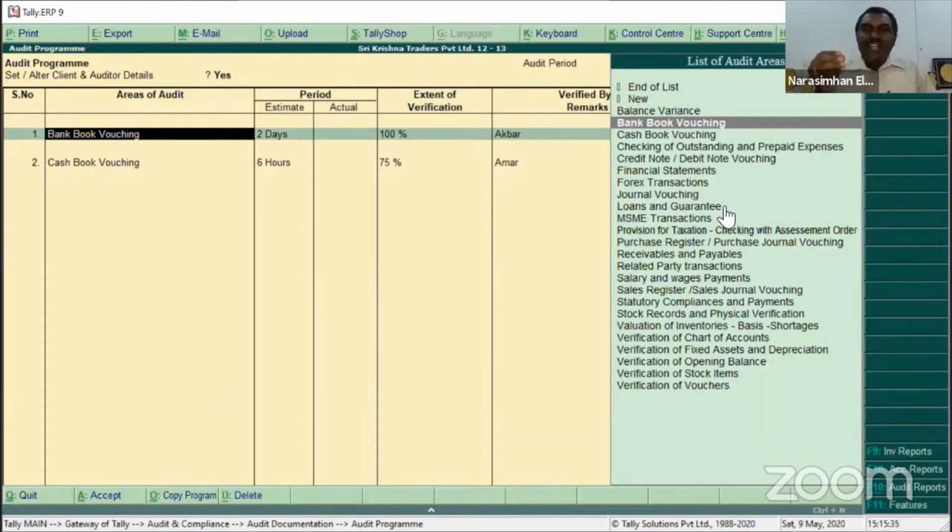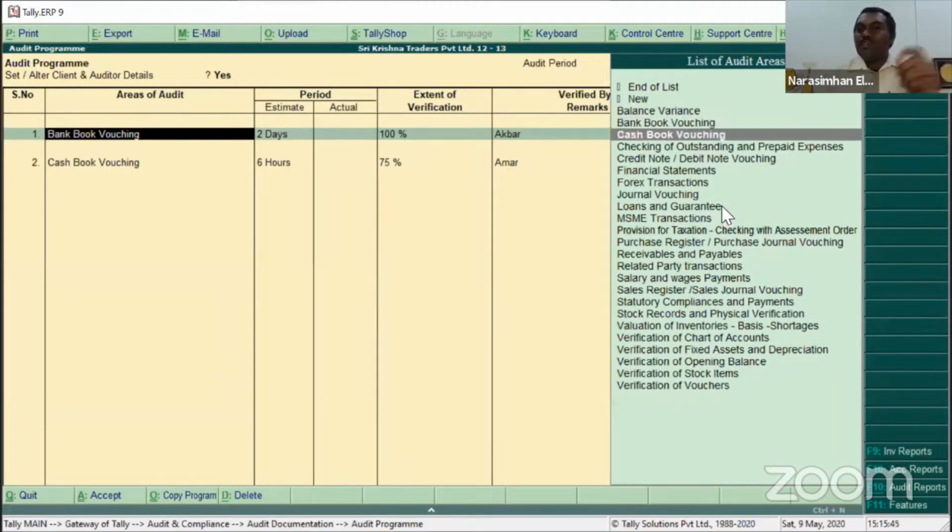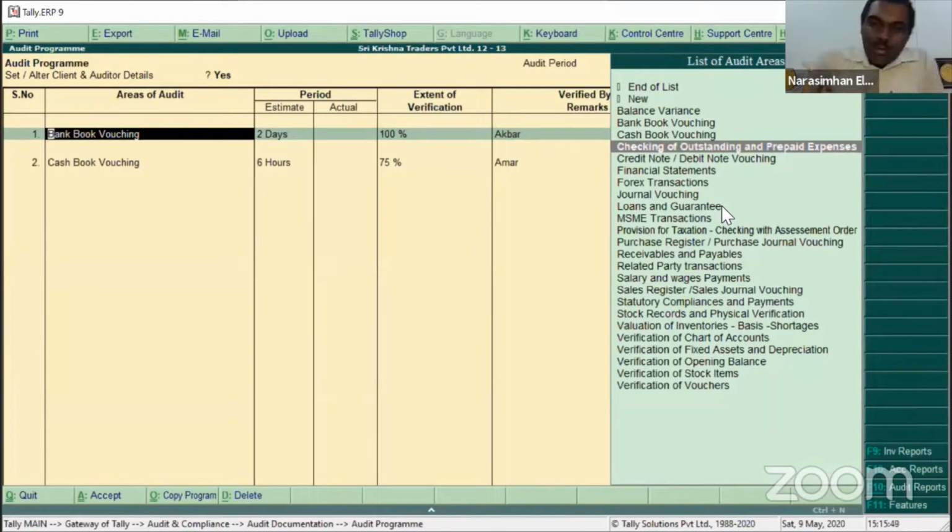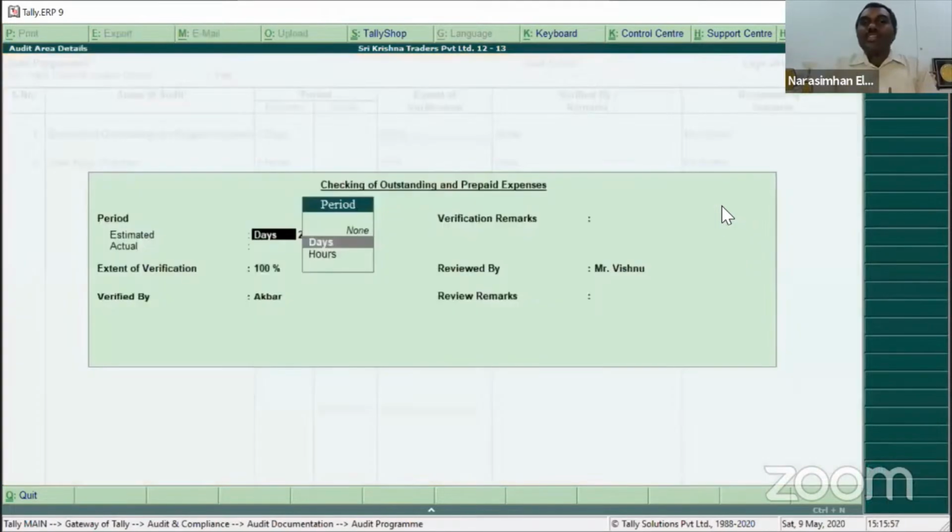Spend half an hour, you yourself can decide what areas you are looking into in Tally. Put in a simple checklist. What all do you intend to do? Bank book checking I have to do. I have to do cash book checking. Check outstanding, prepaid, credit balances. Now, the advantage is, if you set this up, even your article staff can log in and say yes, yes, yes, completed. It becomes a checklist, correct? So this is basically what you do.